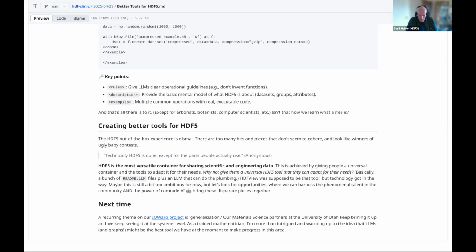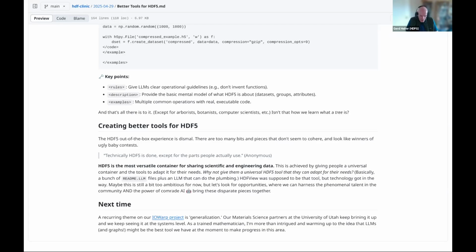But there are just too many bits and pieces that really don't seem to cohere very well. And then, of course, plenty of pieces that really show signs of neglect and so forth. And yeah, we got to do a lot better than that. And so if, in my opinion, HDF5 is really the most versatile container for sharing scientific and engineering data,